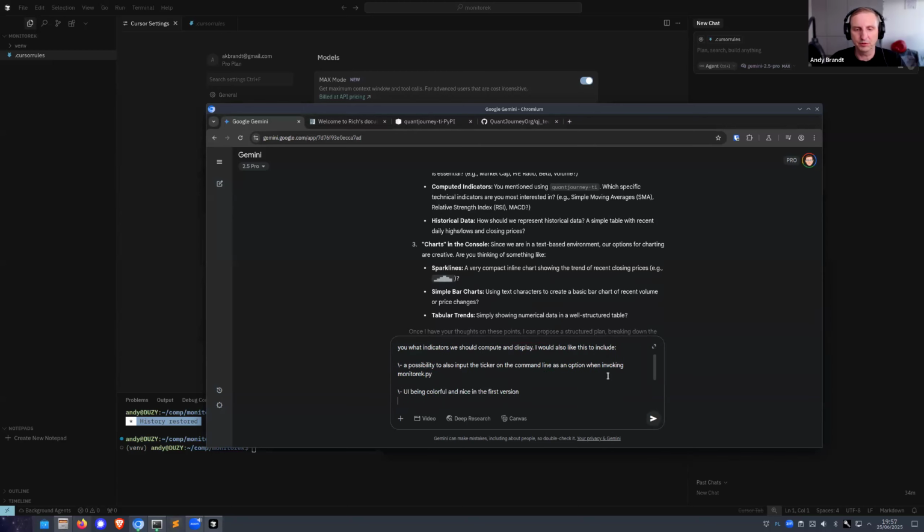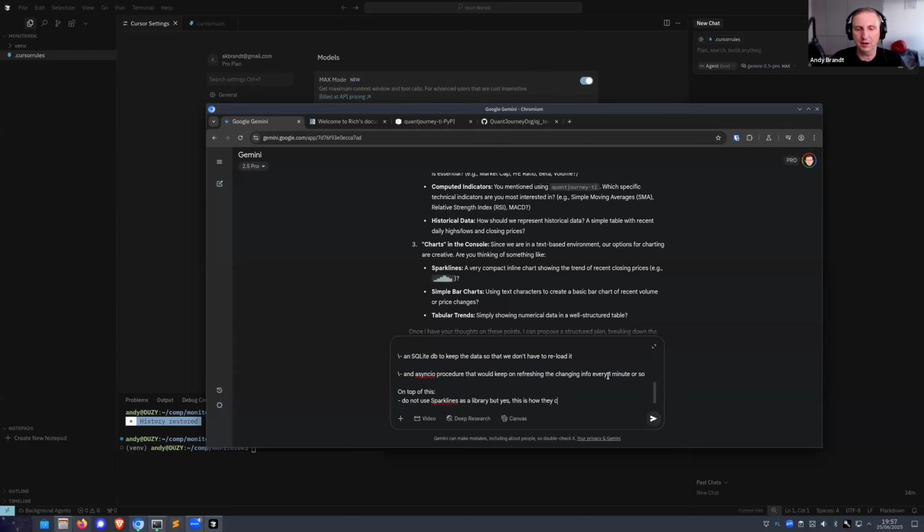Okay, so I'm showing the model this. On top of this, do not use Sparklines as a library because I know it doesn't work. So if I know that, I can tell the model immediately. But yes, this is how they can look like.